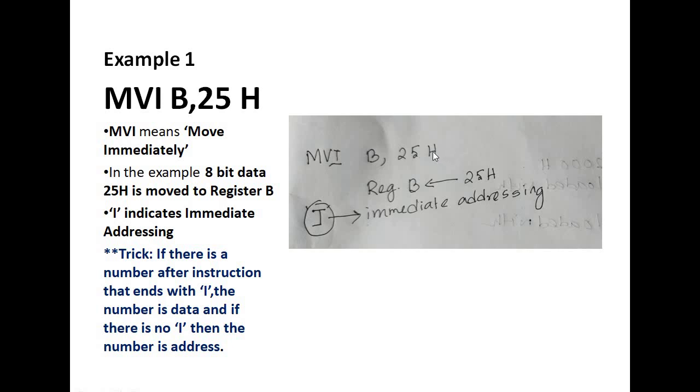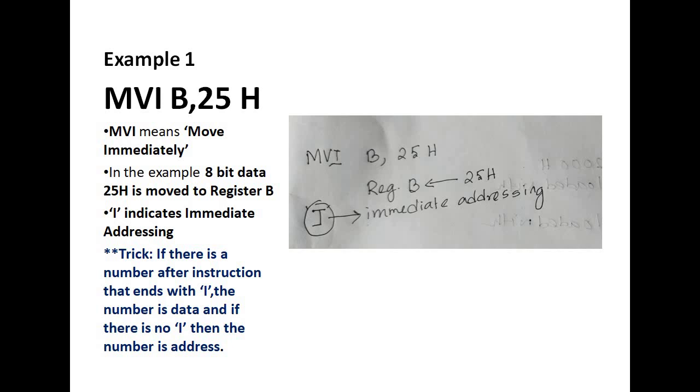So whenever the processor fetches the instruction, it sees that the data is given in the instruction itself, so it doesn't have to look here and there. It doesn't have to search the registers or the memory locations for the operand, because the operand is given in the instruction itself, that is 25H. So the function of moving the data into register B is performed immediately. It doesn't require much time, and that is why this type of addressing mode is called immediate addressing mode. That is, the data is moved immediately.